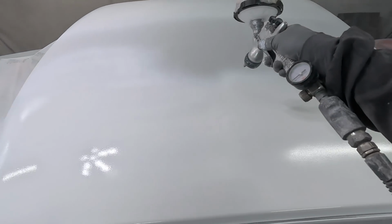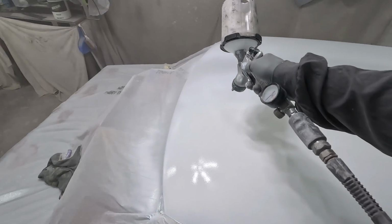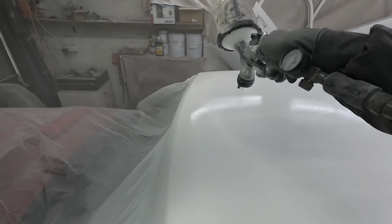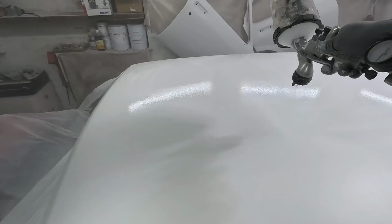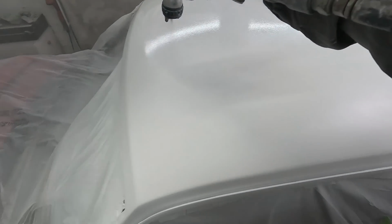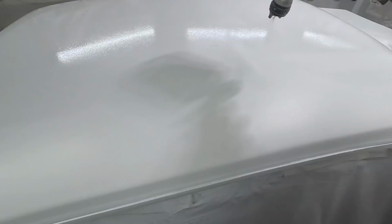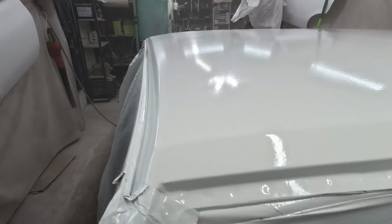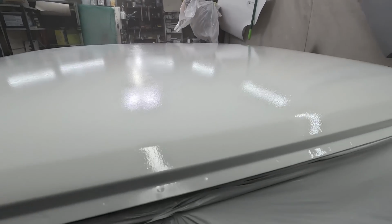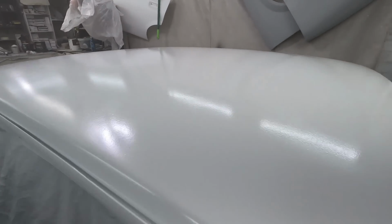But either way, this GPG now is available in more fluid tip sizes, so you can get it in a 1.3, 1.4, 1.8, and I think it comes in a 2mm now as well. But don't quote me on that. Maybe just go and check on the Spray Guns Direct website if you are interested. But one thing I do like about this gun is that you can definitely use it at home, so it's not like an air pig. It doesn't use a massive volume of air. But like I said, you've got all those different fluid tip sizes, so it'll spray most things that you want to put inside it,